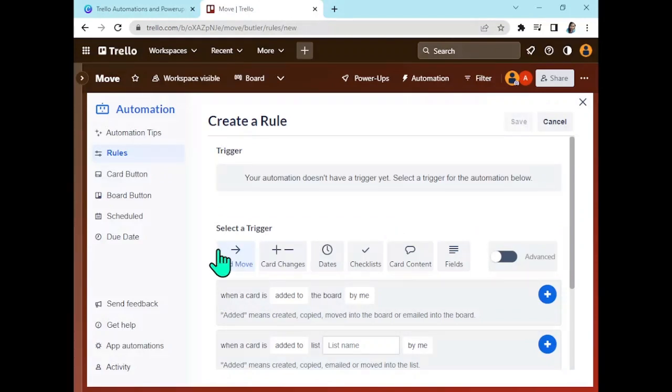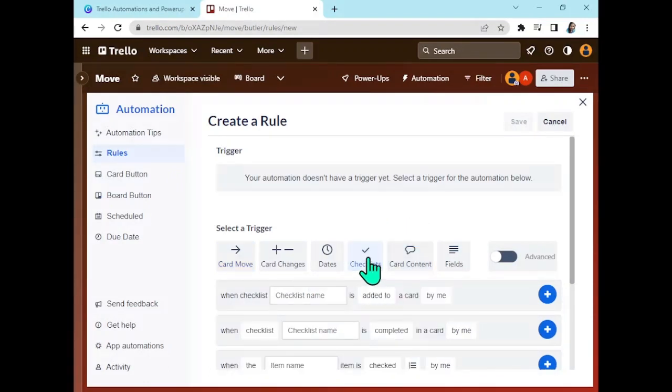Here you'll see the different kinds of trigger that we can use. We have card move, card changes, dates, checklist, card content, fields, and advanced. So the rule I want to do is when a checklist is added to a card by anyone, I want the card to move to the top of the list. So it's about the checklist. So let's click checklist here. The trigger will be when checklist is added by anyone. So when checklist is added,